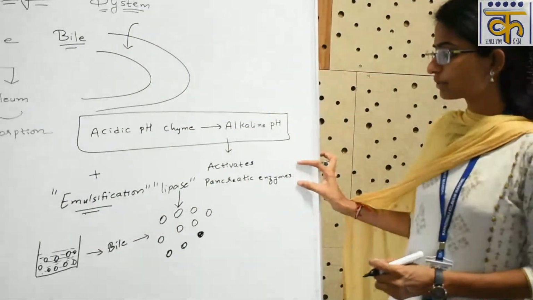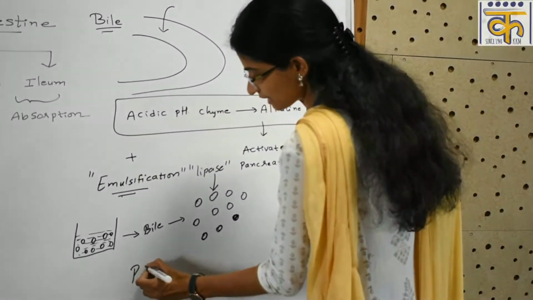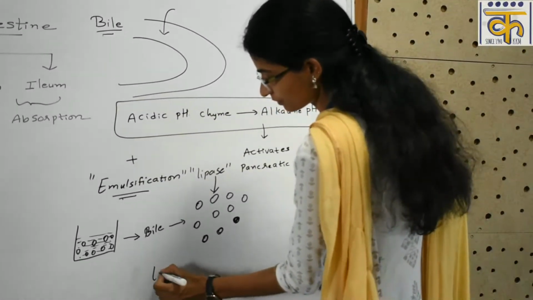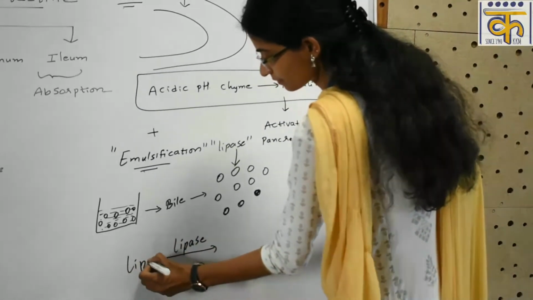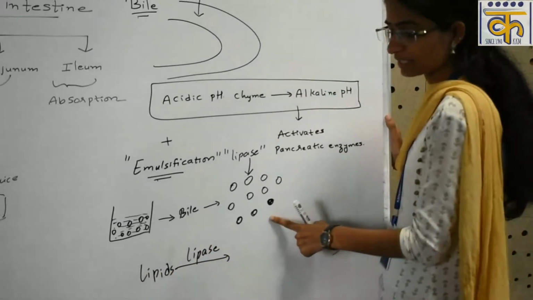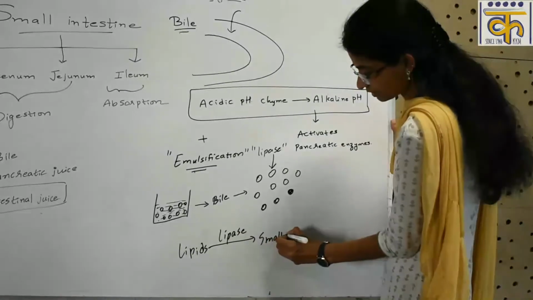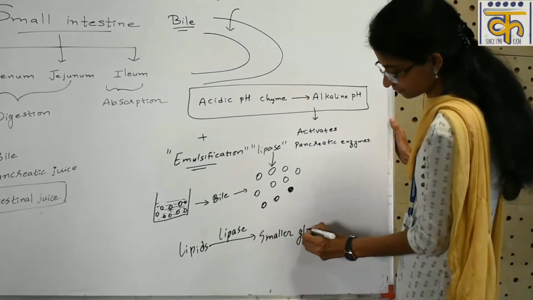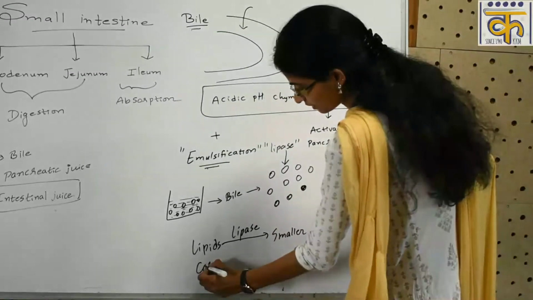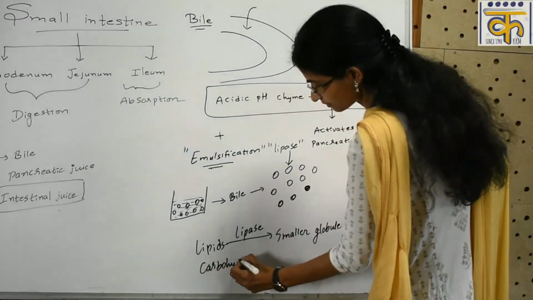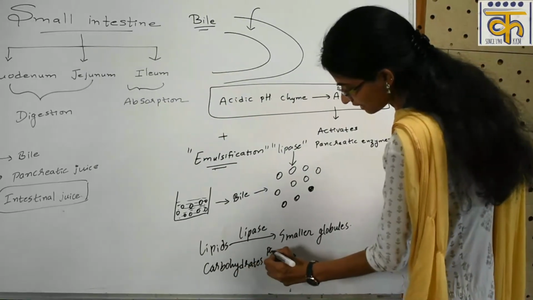Now let's discuss the other pancreatic enzymes also. Pancreatic enzyme lipase, as I told you, will be acting on lipids which have been emulsified by bile and will convert them into still smaller globules. It will break down carbohydrates further by pancreatic amylase